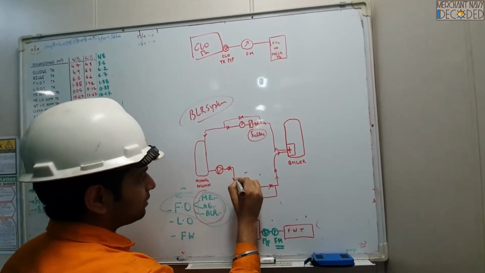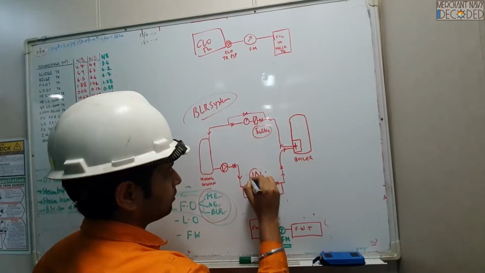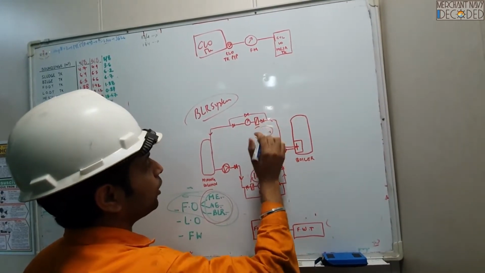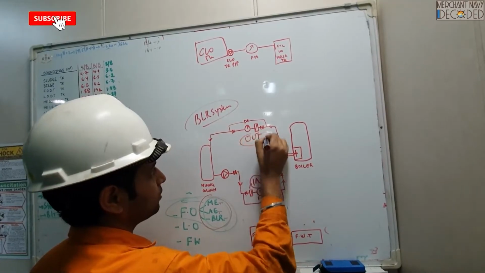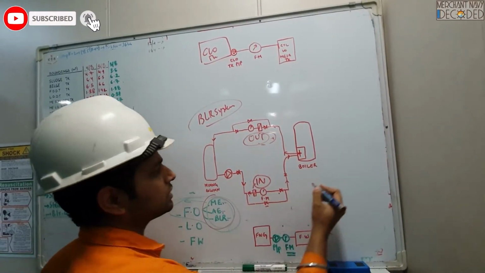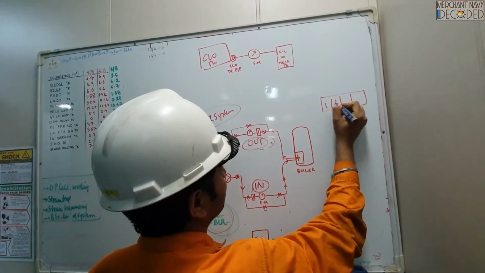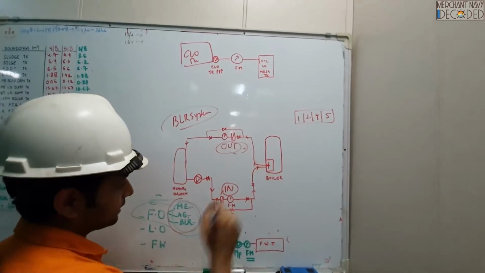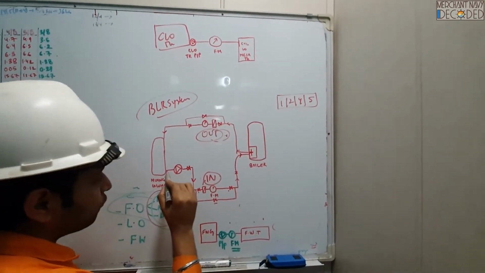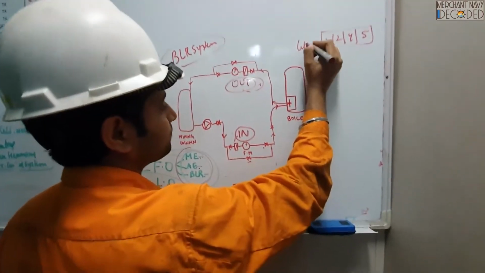Now guys, from here the oil is going in, so I'll call it the in flow meter. From here the oil is going out of the boiler; this is the out flow meter. Now say this is a digital flow meter where readings are given like 1, 2, 4, 7, say 5 or something like that. Say this is calibrated in liters.